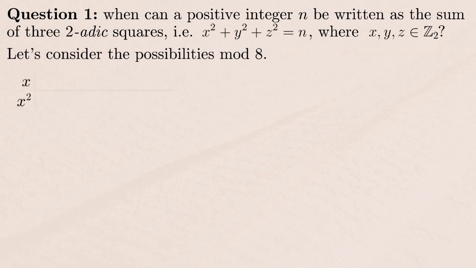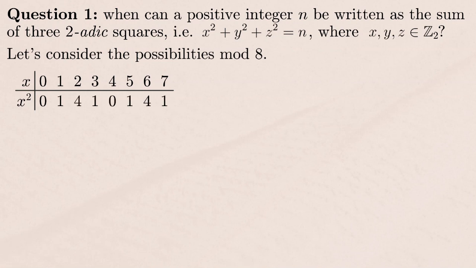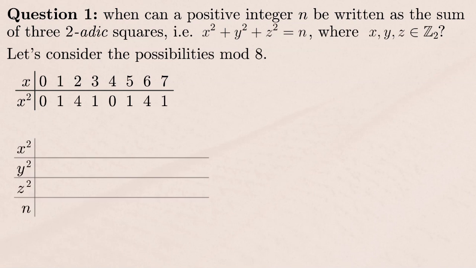Firstly, mod 8, x could be anything between 0 and 7. If we square all of those, we see that the only possibilities for x squared are 0, 1, or 4 mod 8. And similarly, the only possibilities for y squared and z squared are 0, 1, or 4 mod 8. So let's write out a table of all the possibilities for x squared, y squared, and z squared, ignoring potential